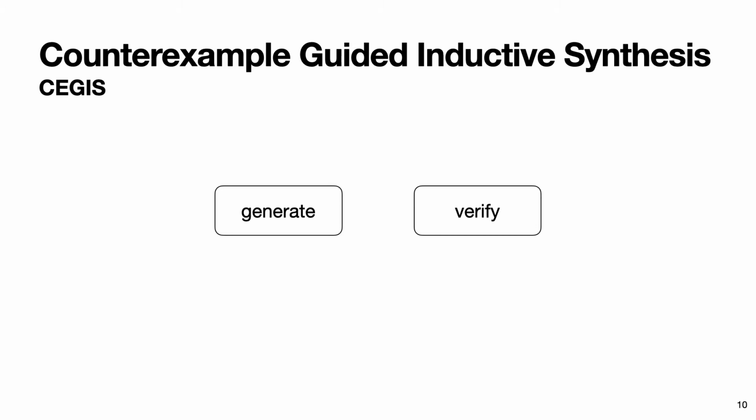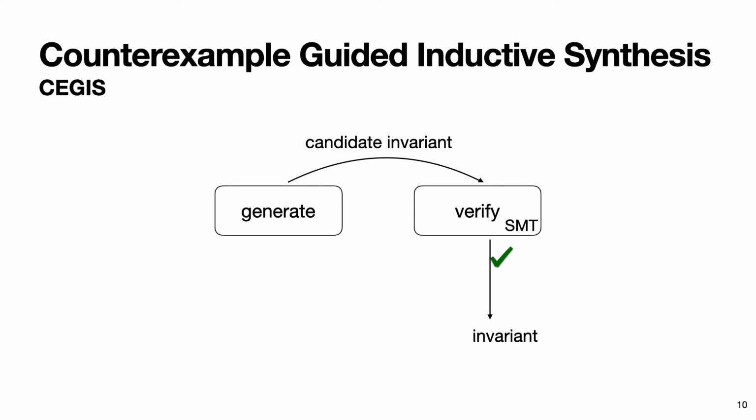In essence, it's a generate verify loop. First, the synthesizer comes up with a candidate invariant, then it checks it using, for example, an SMT solver, and then if the solver confirms that the invariant is inductive, then the synthesizer is done. Otherwise, it returns back to the generate step. And since coming up with candidates randomly is not practical, CEGIS uses a counterexample in order to refine the next